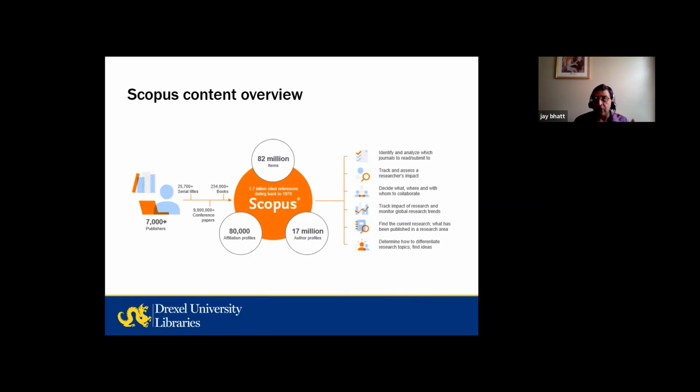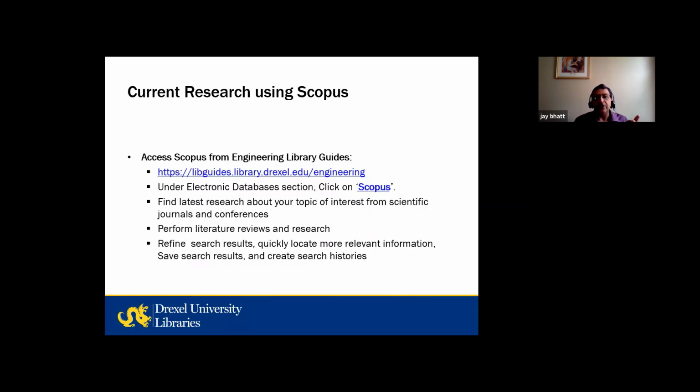I'm not going to go in depth because Max is going to cover it well. I'll just give you some tips on how to access Scopus from the library homepage. Go to our engineering library guide. Under the electronic database section, you will see a link to Scopus, and then you can just explore